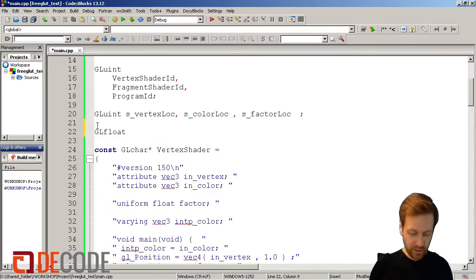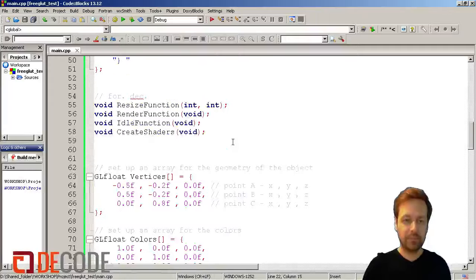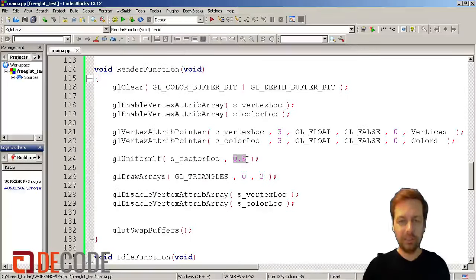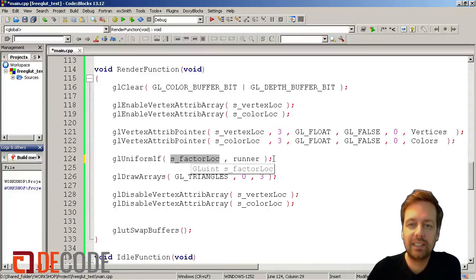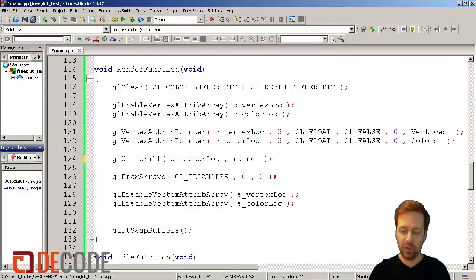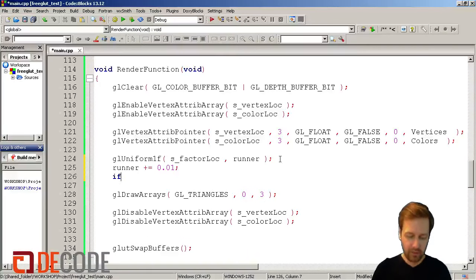So let's call it GL float and just call it runner. Runner should be 0.0 in the beginning. And we will work with him. And now it's really just simple coding. I will take this variable and always send it to the uniform in our shader. And not to keep it all in one place, I know that's not clean coding, I will just tell the runner to increase by 0.01